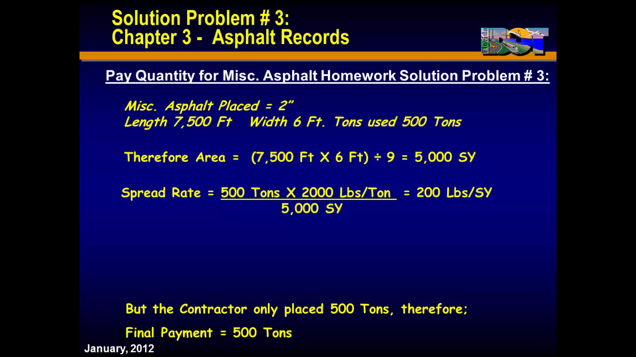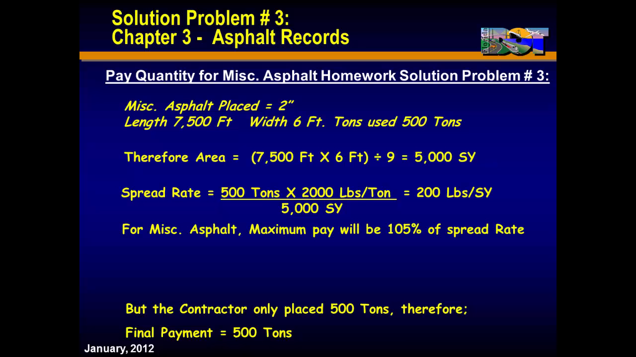But the contractor placed 500 tons, therefore the final payment is going to be 500 tons, and he didn't go over at all. But we need to know what the maximum is, because that was part of the question, so we have to calculate out 105% of the spread rate. How do we do that? We very simply take 1.05 times the 200 pounds that were allowed, which gives us 210 pounds per square yard